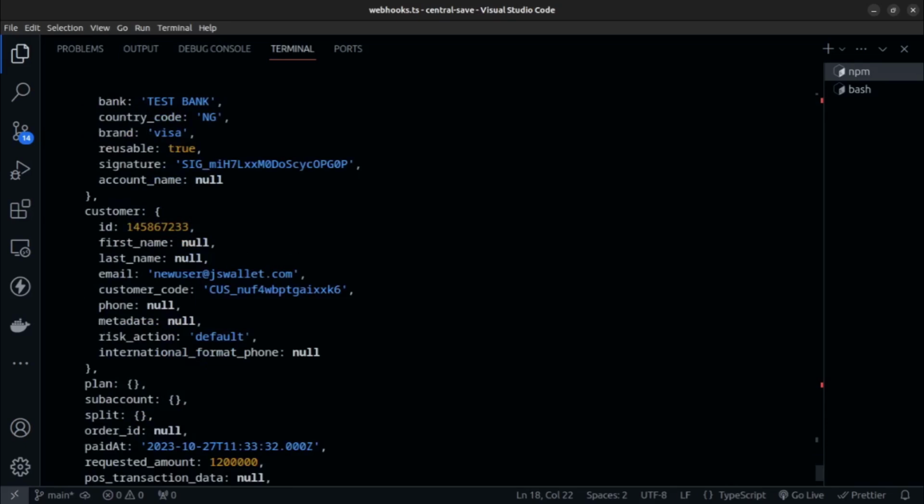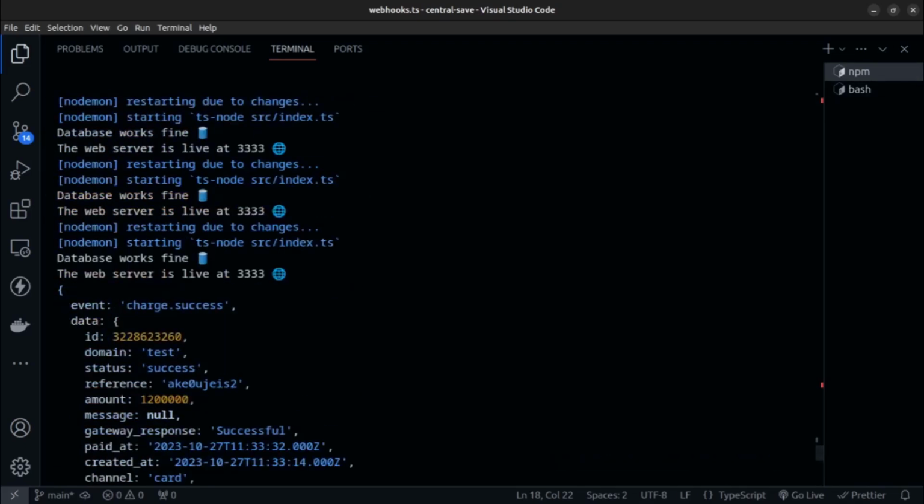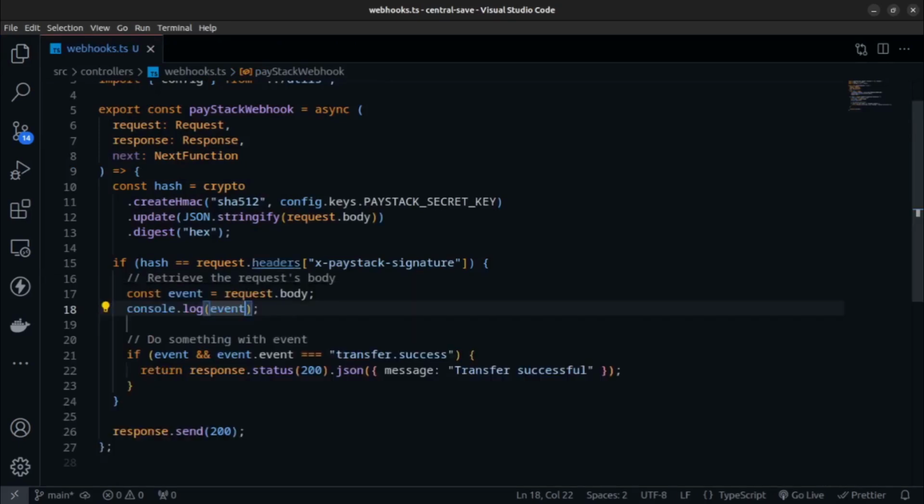You can also see the customer details, which is precisely the email. We didn't send the first name and last name, but the email is unique to each user on the platform. So basically the transaction works successfully. So what we'll do now is inside of our transaction,